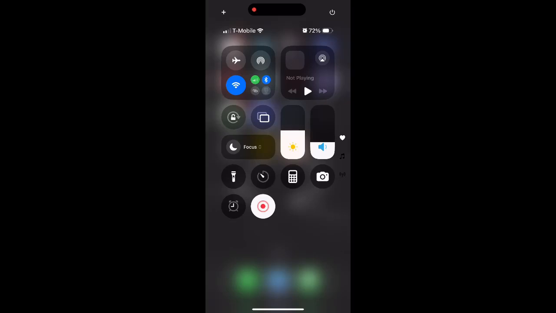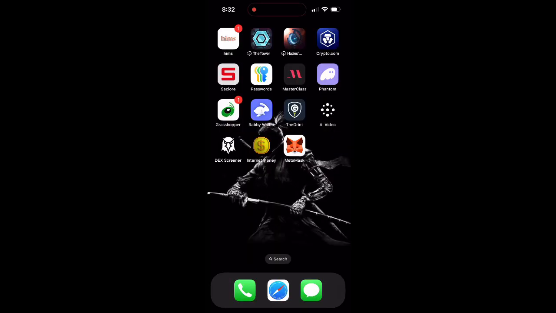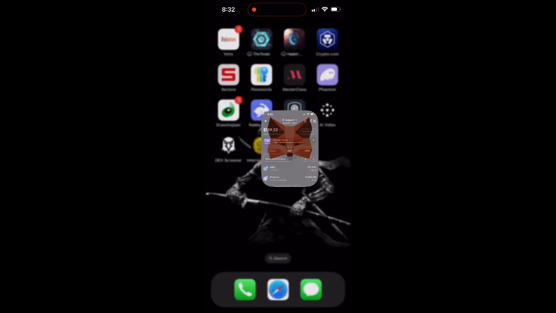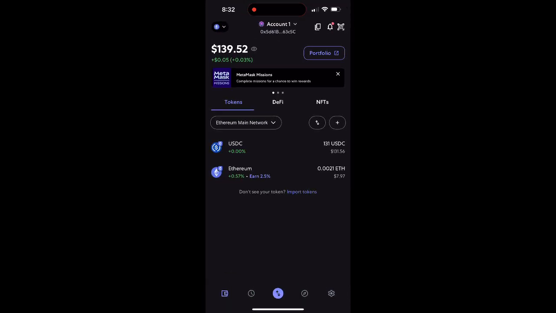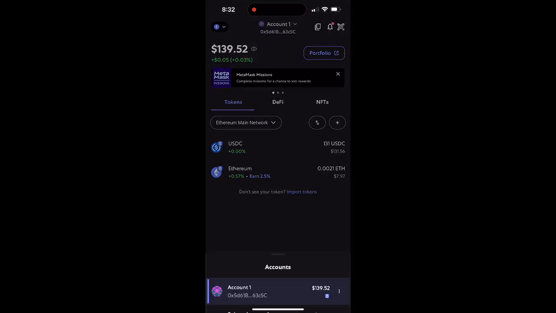All right, today we're going to show you exactly how to buy your favorite tokens on MetaMask Wallet. First, you need to download MetaMask onto your iPhone or other phone device, and you can see MetaMask right here on my phone. I'm going to click it and open it up, and I have already loaded up USDC from